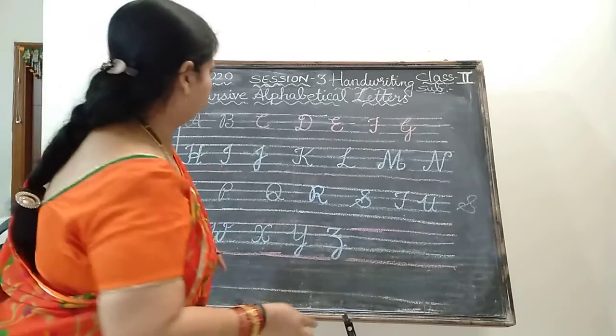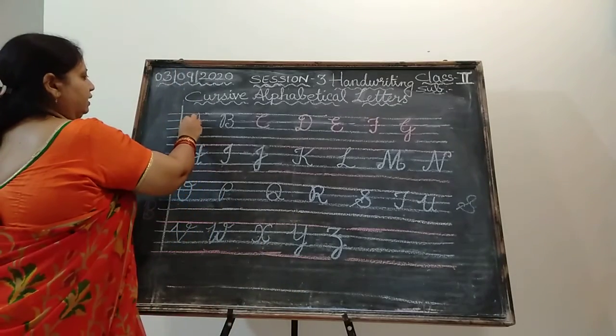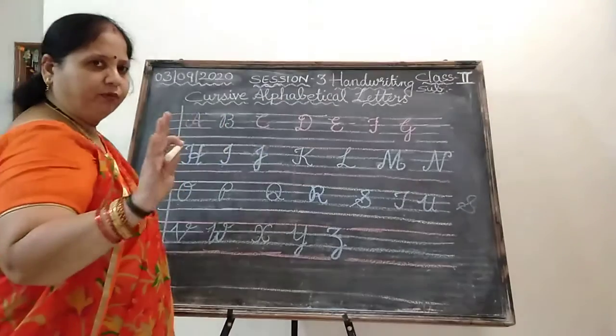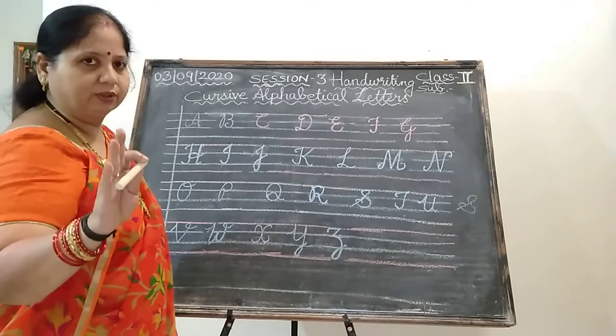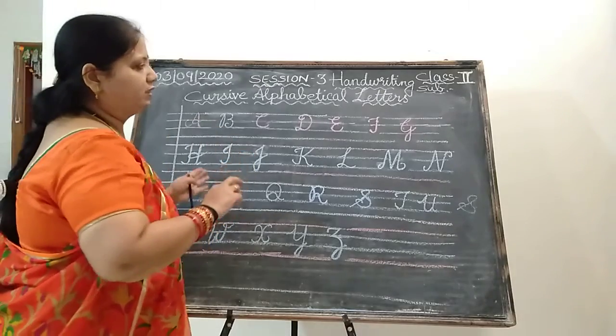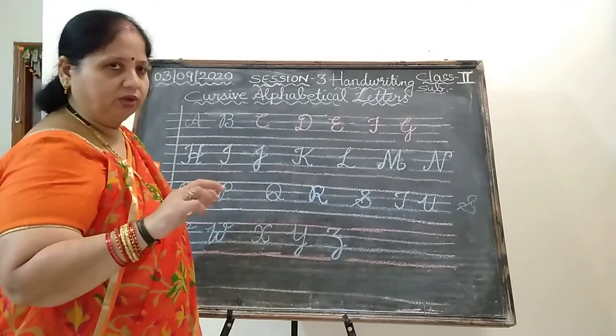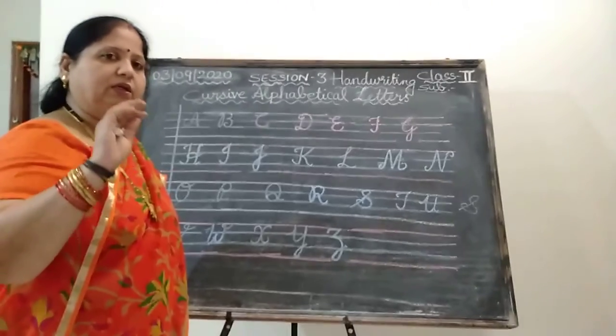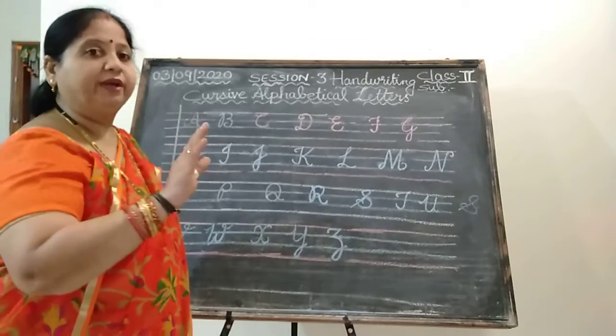Okay, cursive letters. See how I am going to start, children. This is how many lines I have drawn here. You don't draw any 4 lines. It is already in your classwork. It is only for practice purpose that I have drawn the lines. Now this is a little bit difficult for you, but you take your own time, write very slowly.